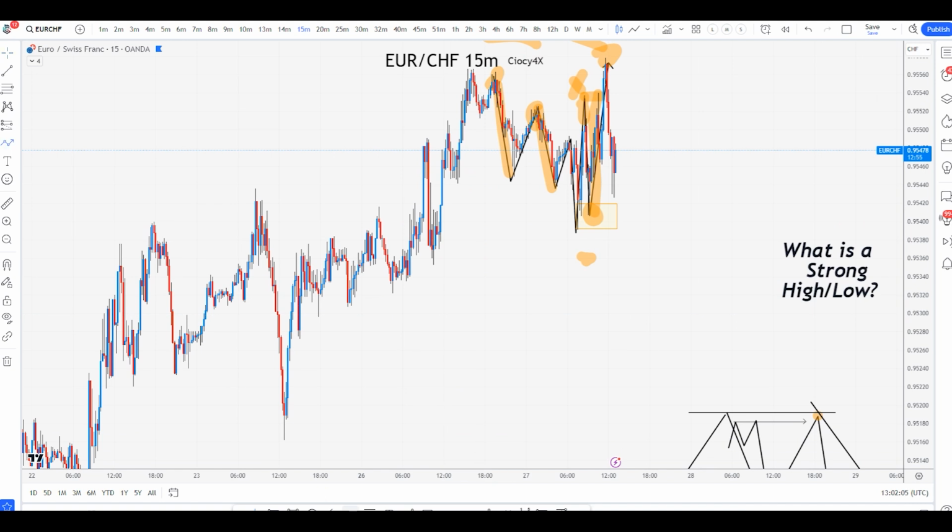Okay. By the way, this pair looks so juicy. Look at this. It's so clean. You see? So now this one is a strong low, and we have a weak high over here. Then again, in order for this to be a strong low, it has to make a new high, which we had right over here. Then it retraces. We don't know what's going to happen over here when price is here, but we know that this is a strong low, so I can look for a buy. And as you can see, there's a trade.